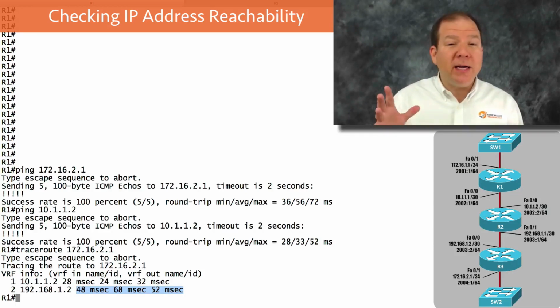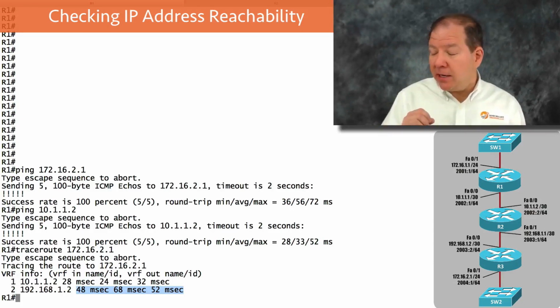Yeah, R1 knows how to get to R3, and R3 knew how to get back to the 10.1.1.1 IP address. But that's not a guarantee that R3 knows how to get back to the 172.16.1.1 IP address. Maybe it doesn't have route information for that. So let's see if that is possible. Will we be able to ping if my source address is